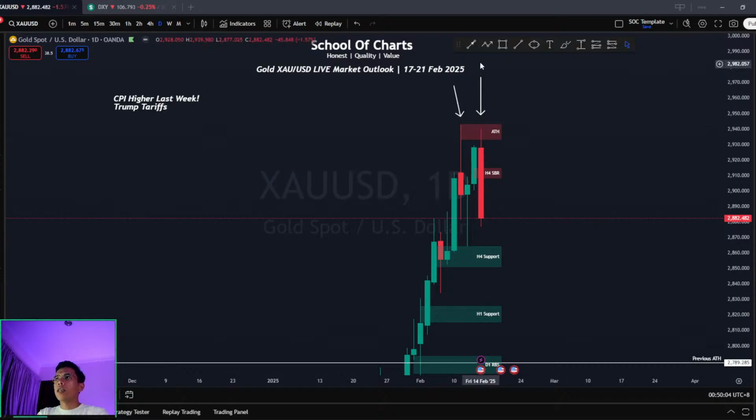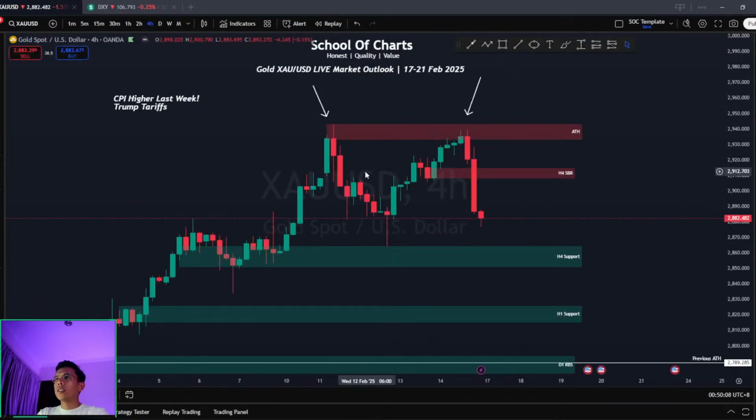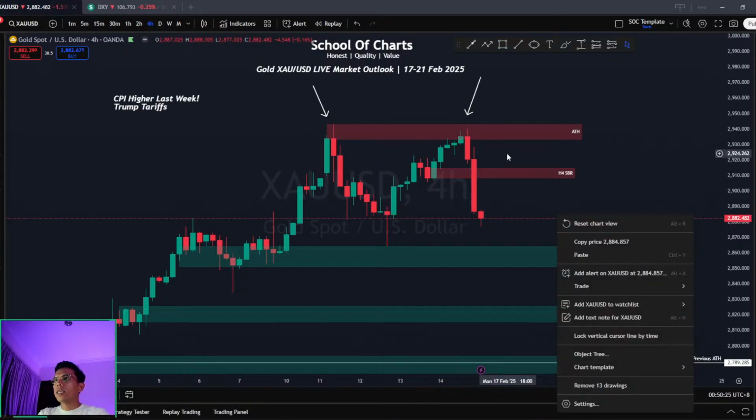Okay, it can be seen clearly by this daily candle, and also on the 4-hour time frame, that we can already confirm that gold made a strong resistance right here at the previous all-time highs, making a double top chart pattern, or a volcano setup if you are learning from SOC classroom. And here, if you want to consider this as a support, yes, we can consider this as support,